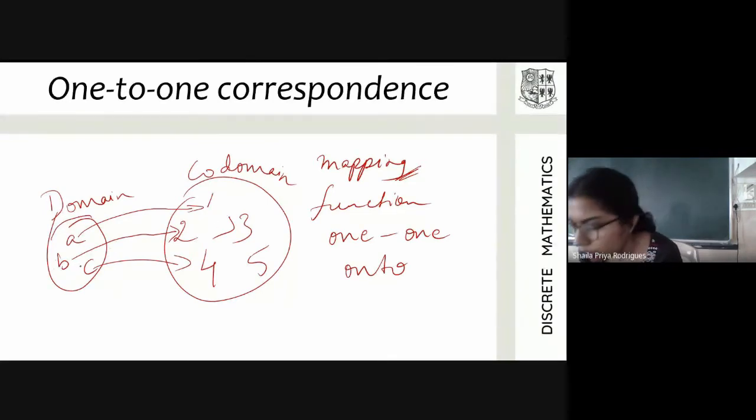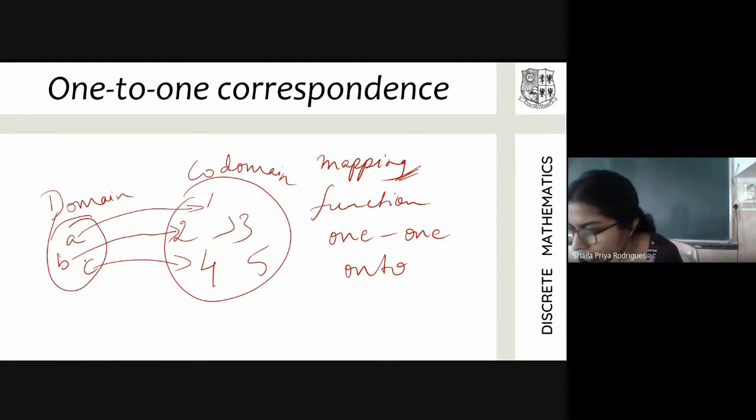Okay, also for a function, I forgot this. In a function, no element in the domain should be left without being mapped to an element in the codomain. Okay, every element should be mapped to one element in the codomain. I cannot say at least one because it should be mapped to just one element. Two elements in the domain can be mapped to the same element in the codomain, but one element in the domain cannot be mapped to two different elements in the codomain.